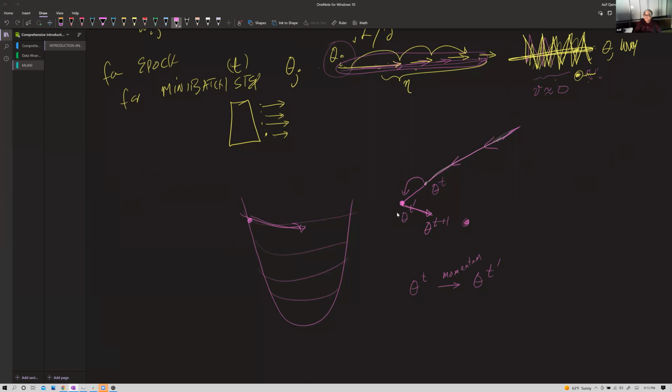You're following the momentum for part 1. And from that location, wherever you end up, now you take a gradient descent step at the gradient. So this becomes your T plus 1, right? So what happens is that you will get a much stronger gradient if you veer off in the wrong direction, right? That is what